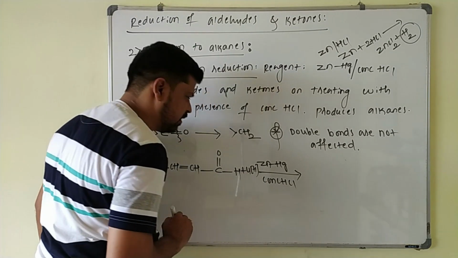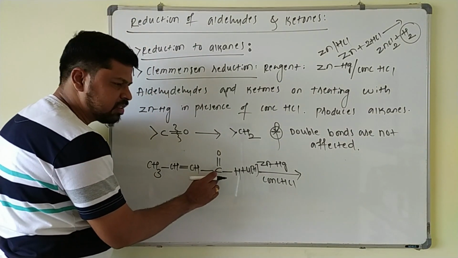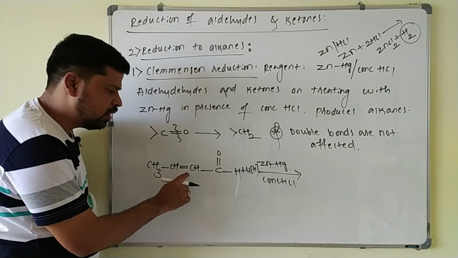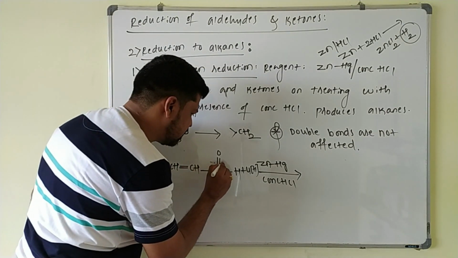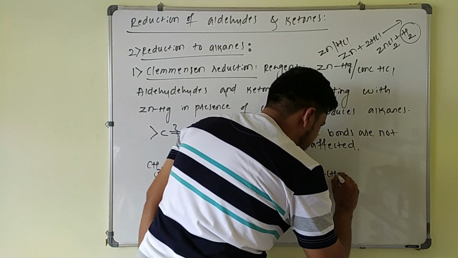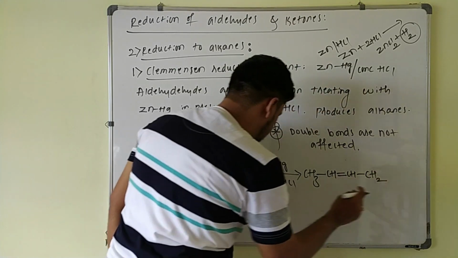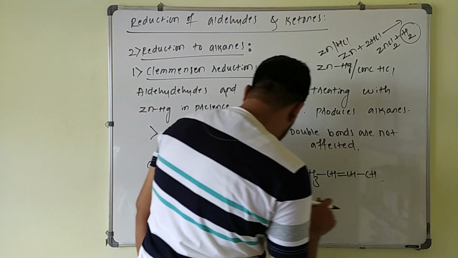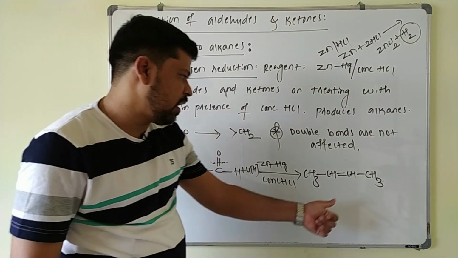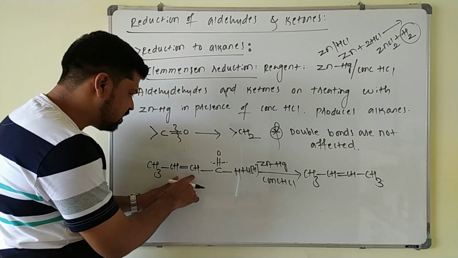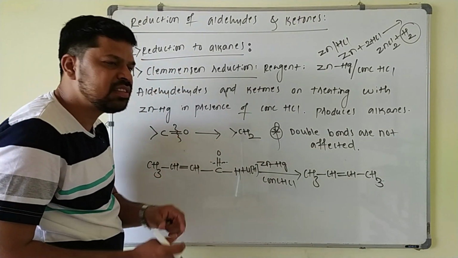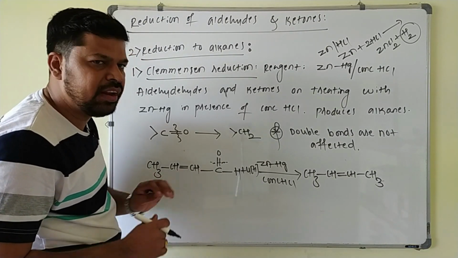4 times of hydrogen. Only this carbonyl group is converted to CH2 without affecting this double bond. You should not add hydrogen to this double bond. So what happens here? This is just converted to what? CH2. So rest everything is same. CH3, CH double bond CH. Now this becomes a CH2, and this is connected to another hydrogen, that will be converted to CH3 here. Same 4 carbon atoms. Here the double bond is there. This double bond is not affected. It is as it is. Just this CH2 group, C double bond O is converted to what? CH2 without affecting the double bond. This is very, very important here.